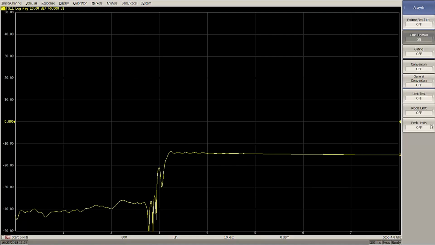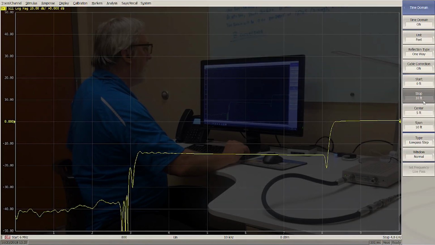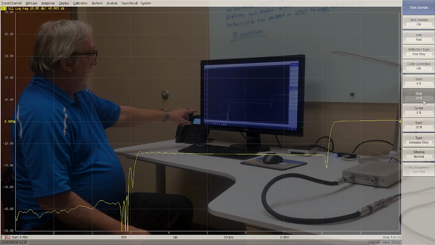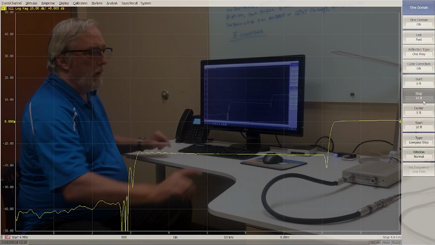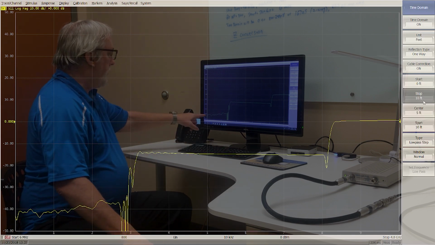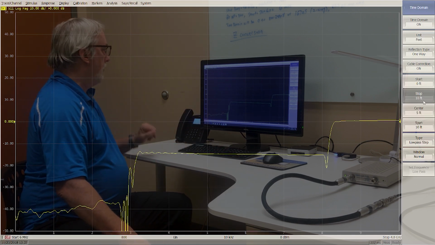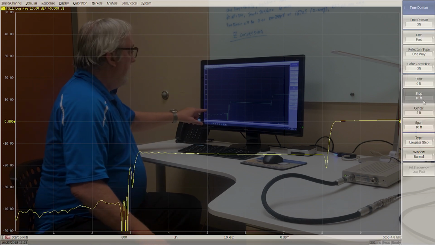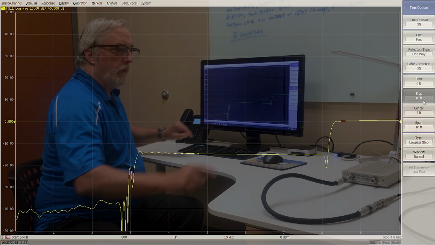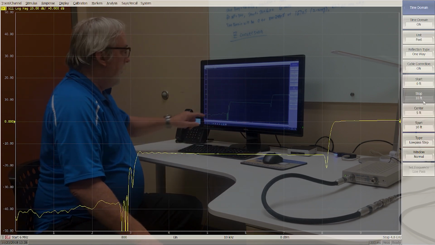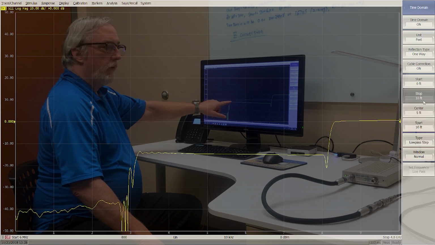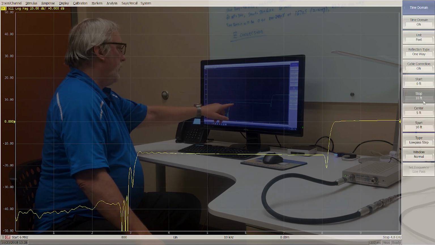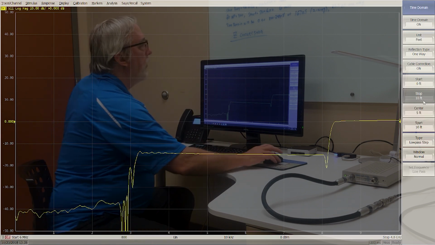Actually, I need to go out a little bit further. There. What you're seeing on the screen is for the first 3 feet, my good 50 ohm cable, and its return loss says about 40 dB. It's pretty good. Then I've got these transitions, which is this bunch of adapters, and then I'm transitioning to a 75 ohm cable, and I see a return loss here of about 13.9.